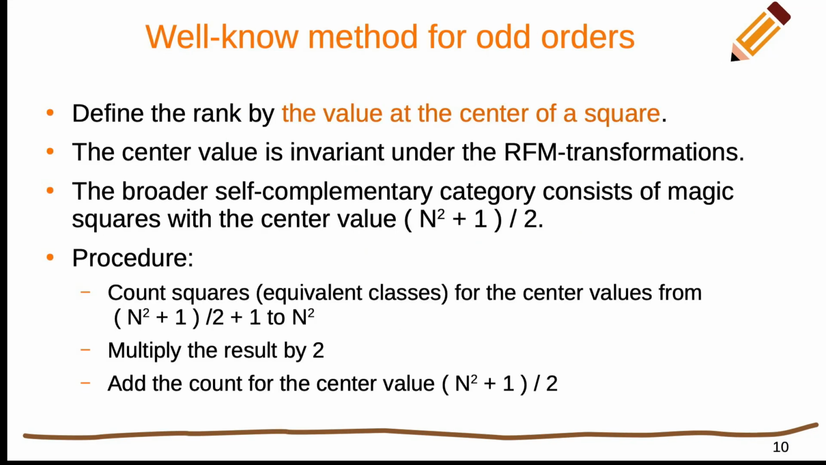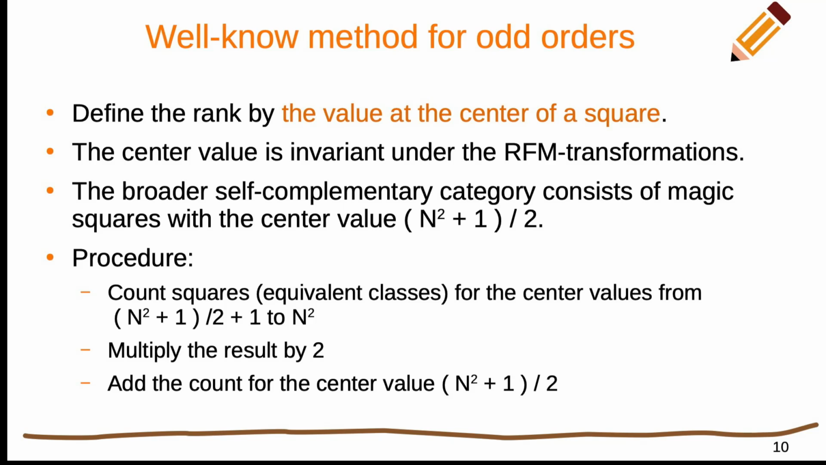The well-known method for odd orders defines the rank of a magic square by the value at its center. Since rotations, reflections, and M transformations never change the center value, this ranking satisfies the requirement we discussed earlier. The complement transformation maps the center value from I to n squared plus 1 minus I. If the center value is equal to half of n squared plus 1, the magic square belongs to the